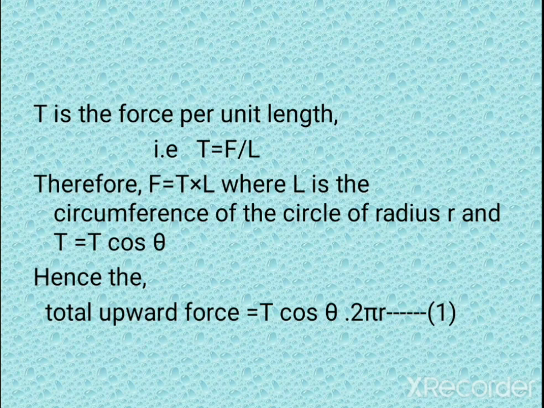This upward force supports the weight of the liquid which rises above the liquid surface in the capillary tube. Now, the total weight of the liquid in the capillary tube above the surface of the liquid is equal to the sum of the weight of the liquid contained in the cylinder of height h and radius r, plus the weight of the liquid contained in the meniscus. Now we have to find the weight of the liquid in the meniscus.